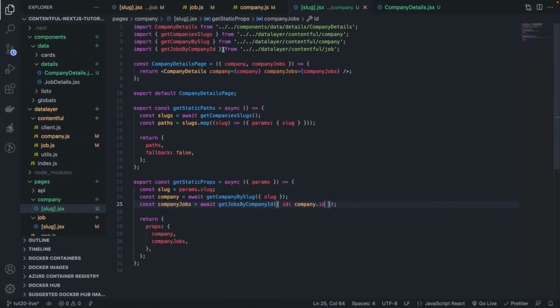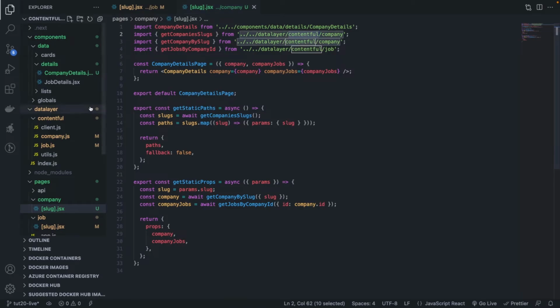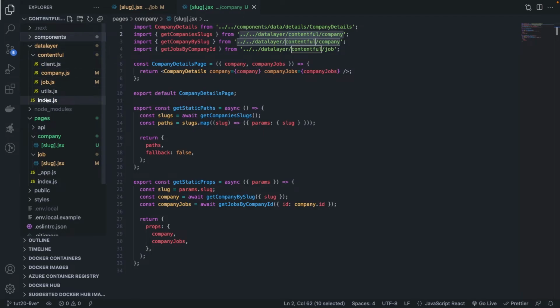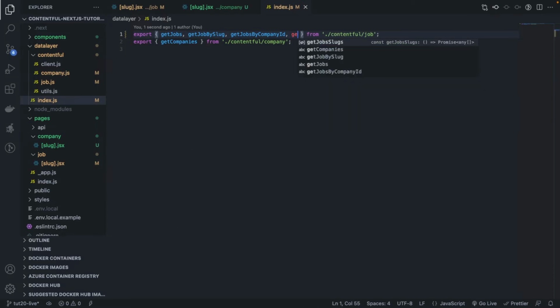Excellent. But I've noticed, and I'm sure you noticed too, that we are breaking one of our core principles. We have Contentful here. The page is very aware of the fact that we are using Contentful, so that's probably not a good thing. We want to solve that, right? The way we solve that is by making sure that in our data layer we have exports here. So we are going to export every function that we need. Get jobs by slug, get jobs by companies. Yes, these are the ones that we need, and we also need to return get